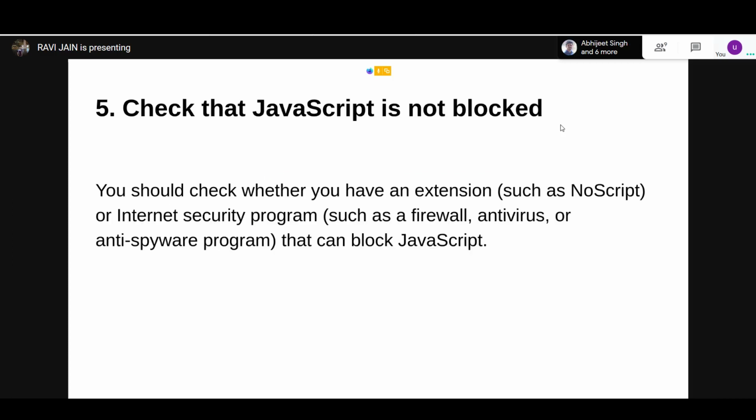For some reason, people turn off JavaScript, for example, to bypass surveys or to avoid a few triggering scripts which irritate us. You need to turn on your JavaScript because there might be a few specific scripts which modify your UI elements. There are also a few extensions such as NoScript and firewalls, so you need to check whether they are blocking your JavaScript from loading. Make sure that this is all right before you claim a particular web page to have a bug.